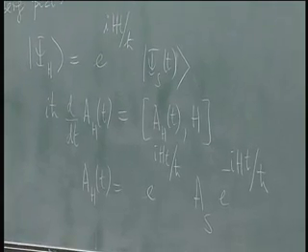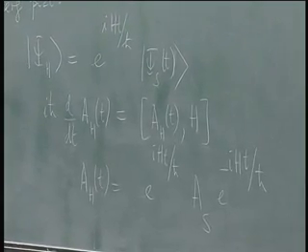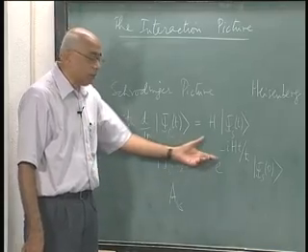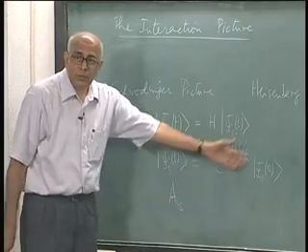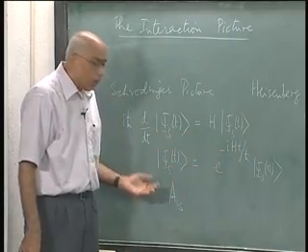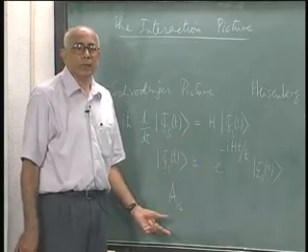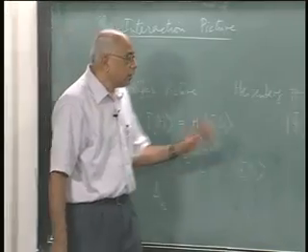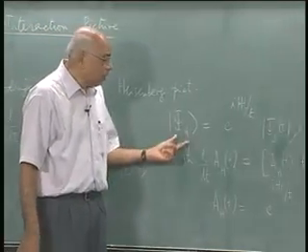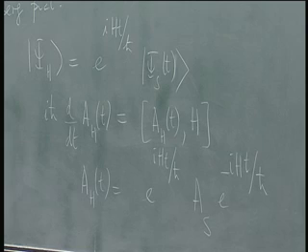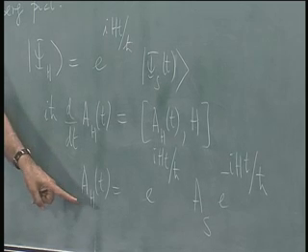Okay. So to repeat what I have said, in the Schrodinger picture the state vector carries the burden of time dependence and evolves in this fashion. Operators do not have any explicit time dependence. In the Heisenberg picture the state vector does not have any time dependence, but the operators have explicit time dependence,